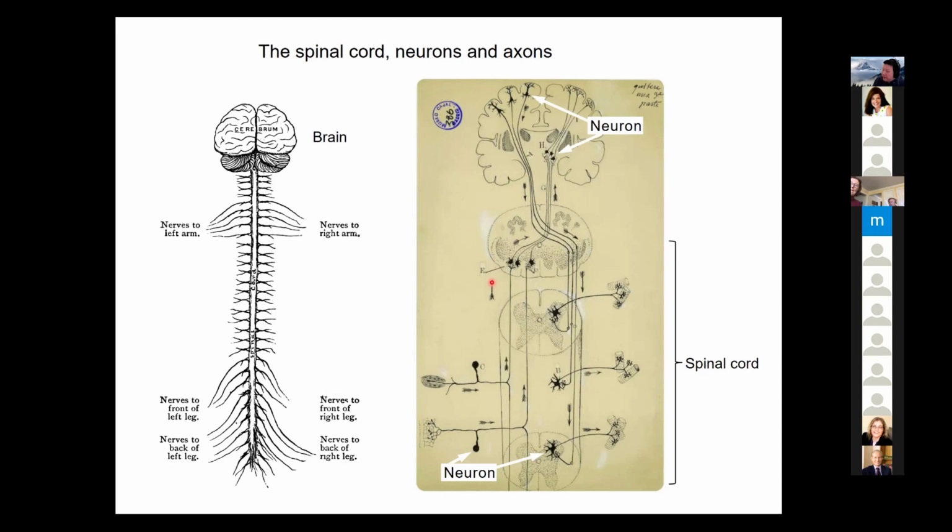stretches some distance in the spinal cord, then branches at its end to encounter another nerve cell. And these lines symbolize the axons, which connect each nerve cell to its targets, in this case the neurons in the spinal cord. The spinal cord is primarily composed of bundles of axons, and axons function much like electrical wires,